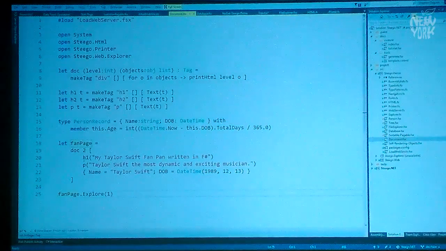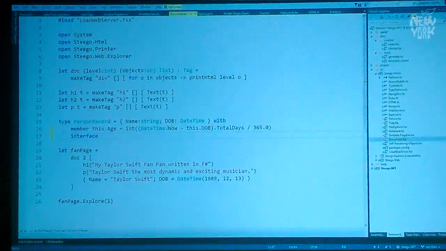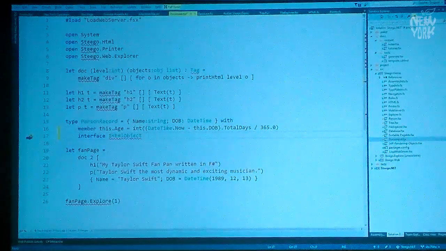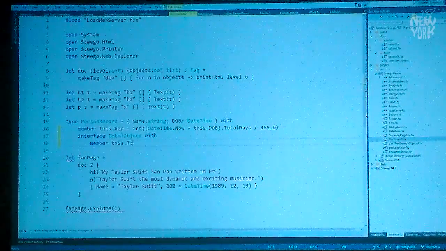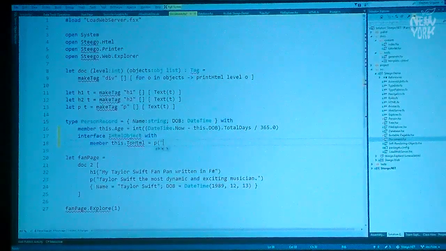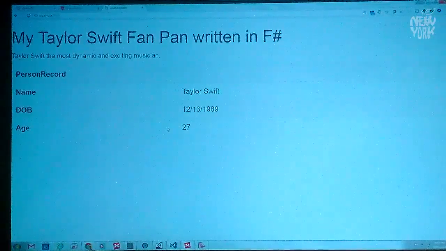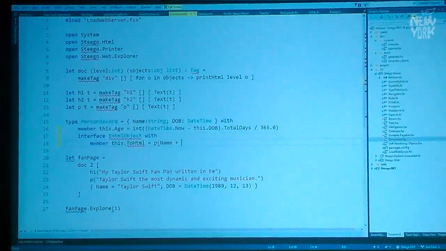So, there you go. That's not too bad. You might want to change this though. You might want to say, I actually do want to implement one of these IHTML object things, and then you're going to need to implement ToHtml. We just put her name in and put in all of her details. Anytime you see a person record, you could display the default thing, but you could